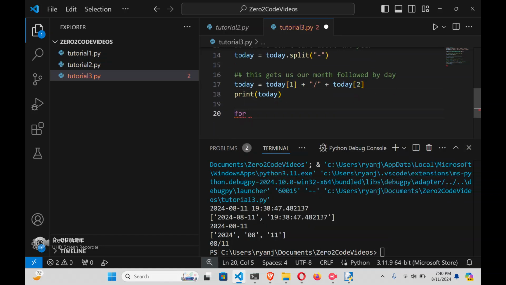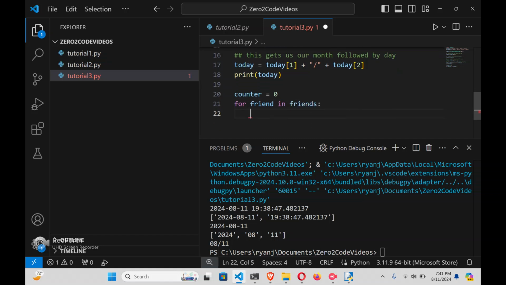So we'll use a for loop and say for friend in friends, and we can use a counter again to figure out which friend we're talking about. And the nice thing about Visual Studio Code is that they will underline when you have an error, which is a little